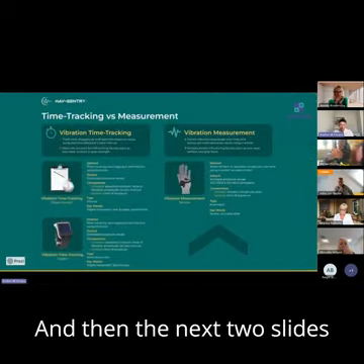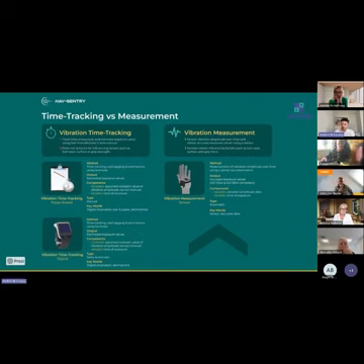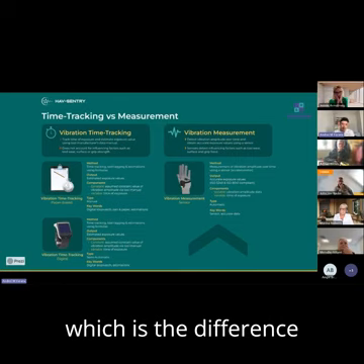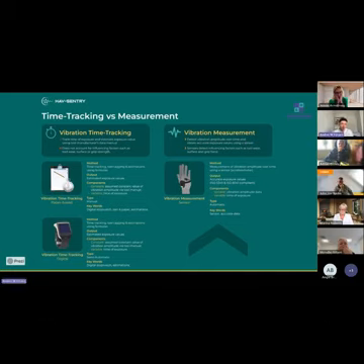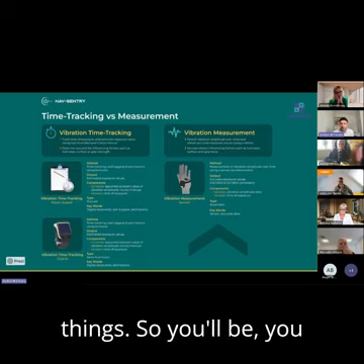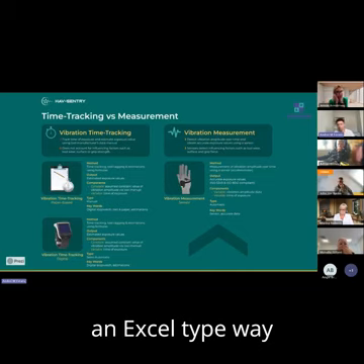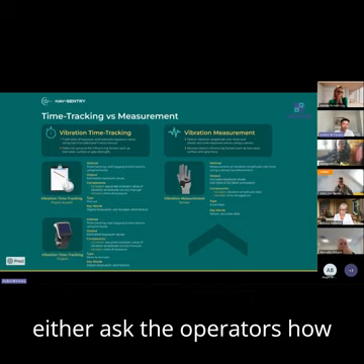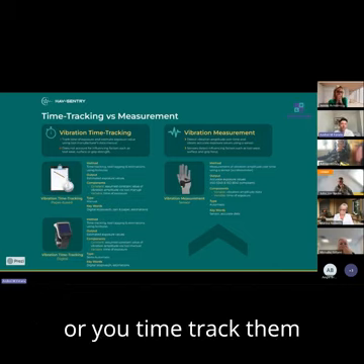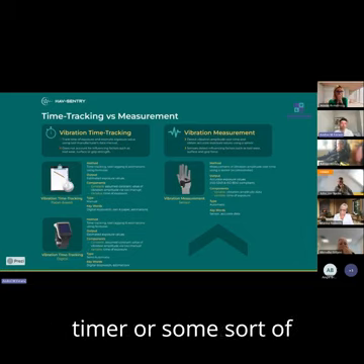And then the next 2 slides cover something that's very close to me, which is the difference between measurement and monitoring. So time tracking or monitoring is the traditional way of doing things. You'll be using a paper-based or an Excel-type way of managing HAVS, where you either ask the operators how long have you used the tool, or you time track them somehow with a watch or a timer or some sort of